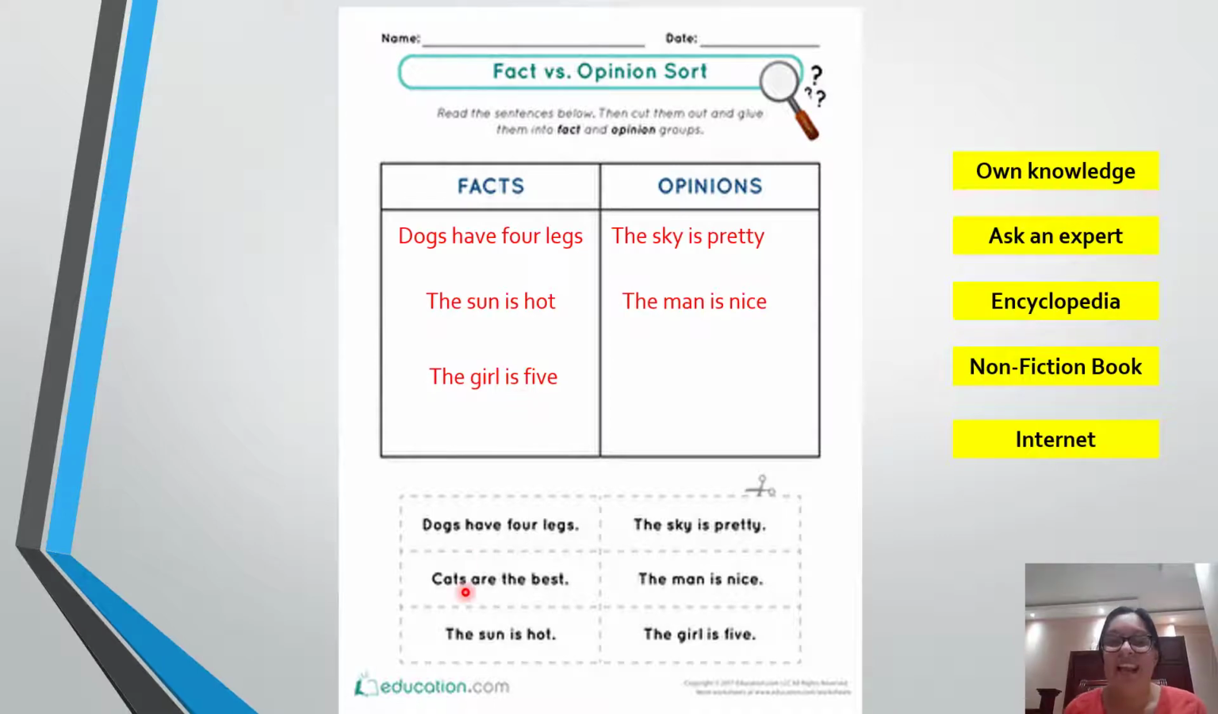So, and the last one, cats are the best. Opinion. Okay, because I can say, not for me, dogs are the best. And that one is my opinion. Okay, but I like cats also, but I prefer dogs. Okay, so let's go to